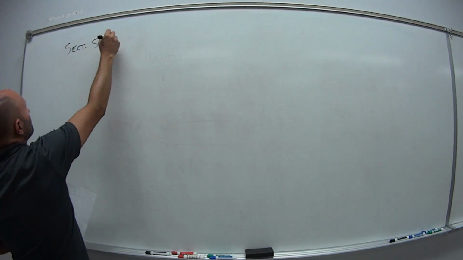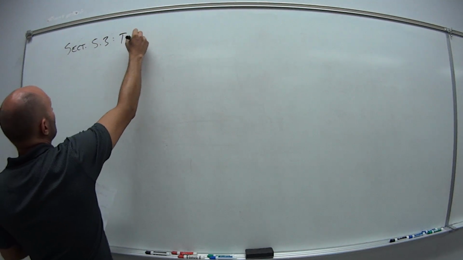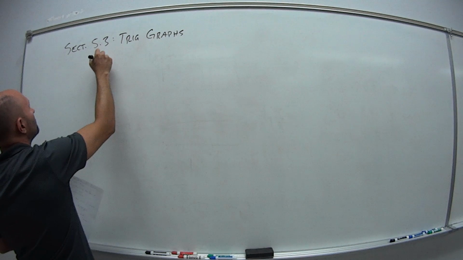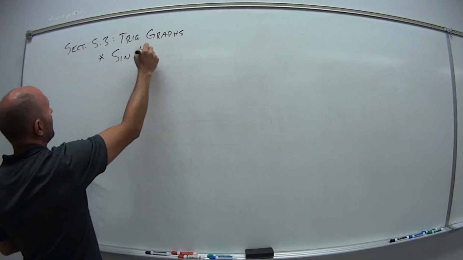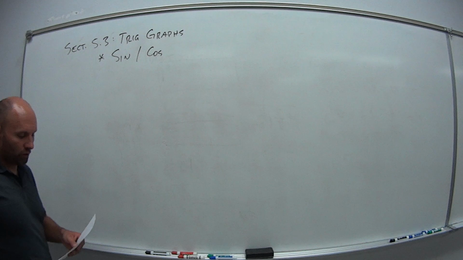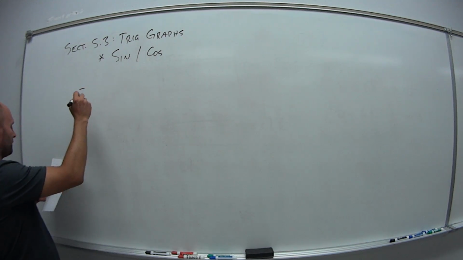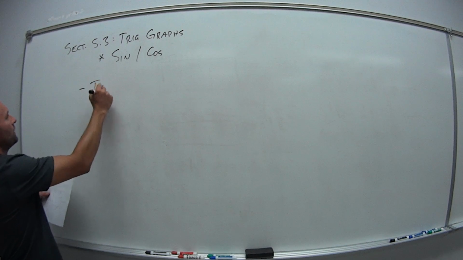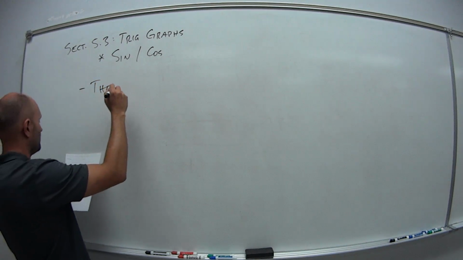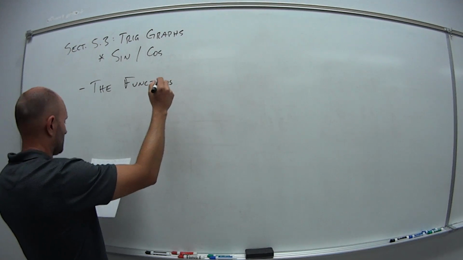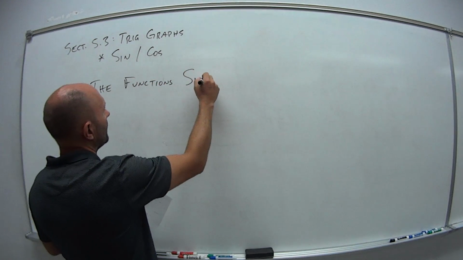So again, section 5.3 is our start of trig graphs. And specifically, we're going to be looking at sine and cosine. So first, definition or some information about these graphs. The functions sine and cosine